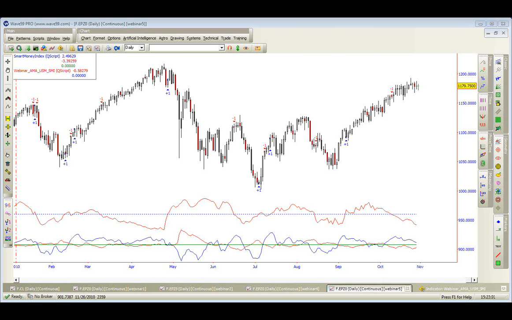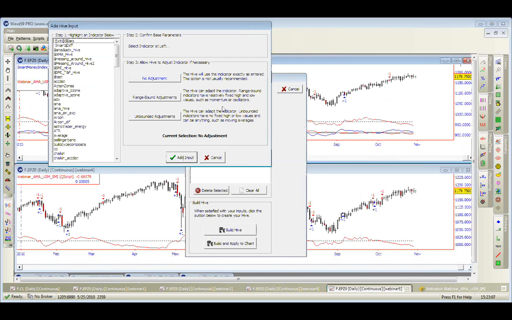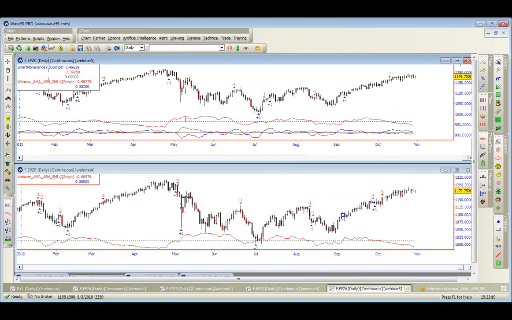That's a really good question. So hives, actually, when you add these indicators from the Hive Designer, you're actually adding their function. So if you got an indicator from the QScript library and it didn't come with a function, you would need to turn it into a function, which is not hard to do from a programming perspective, but it's just a few tweaks. Basically, instead of plotting something, it just returns a value, a function that you then call from another program. So it goes a little bit beyond the scope of this introductory thing, but yes, it can be done. It might involve a little bit of tweaking,